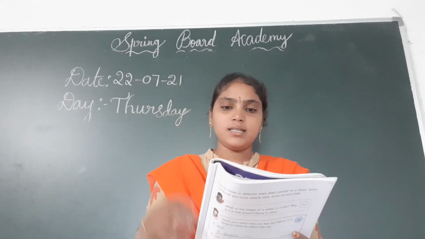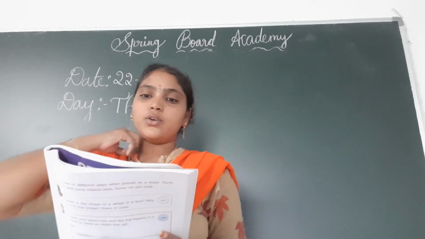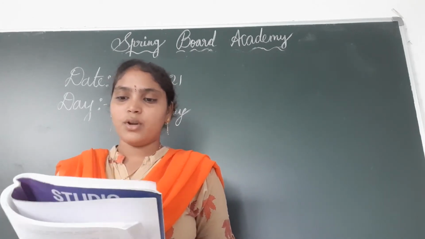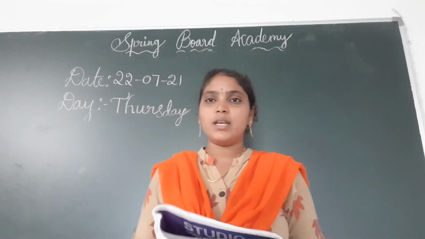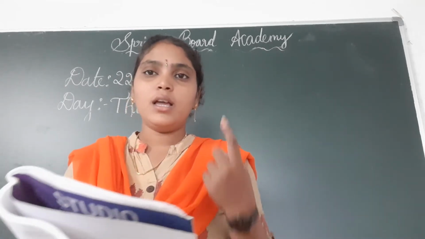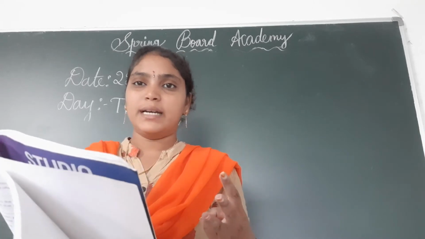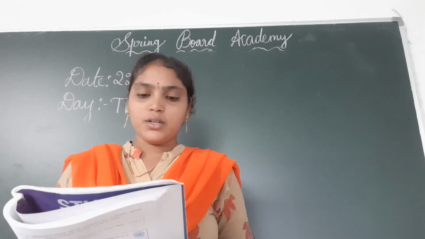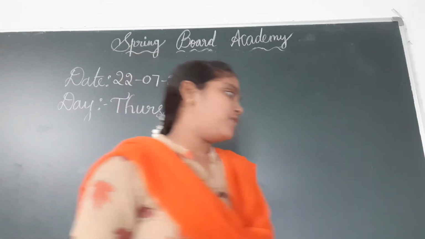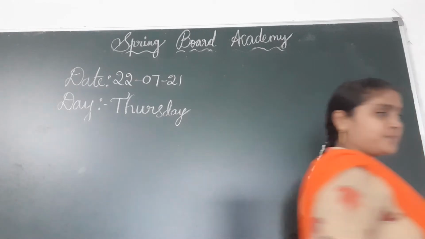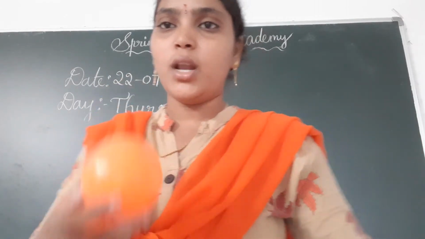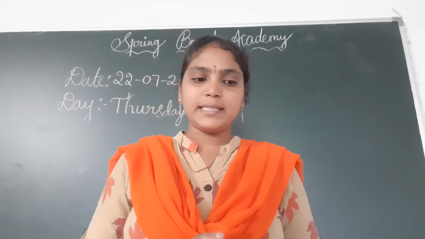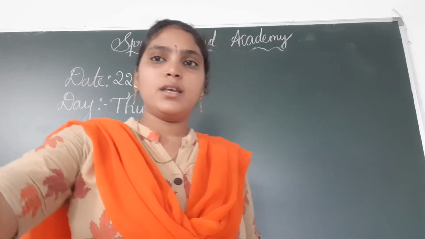Follow the instructions given by your teacher to see which of the objects roll, which of them slide, and which of them roll and slide. So please everyone get ready with one ball, one pencil box, one birthday cap and one glass. Please everyone take these four objects, children. The first one is the ball, then the pencil box, the third one is the birthday cap and one glass.